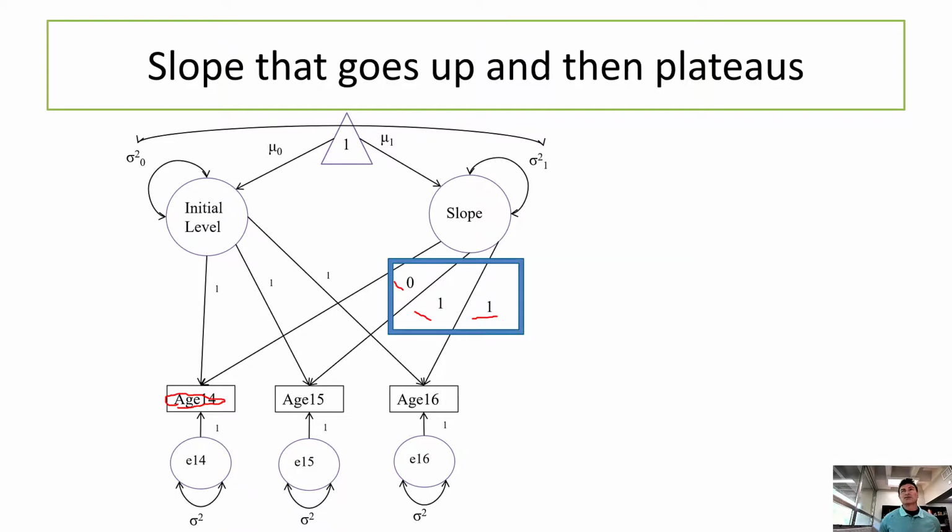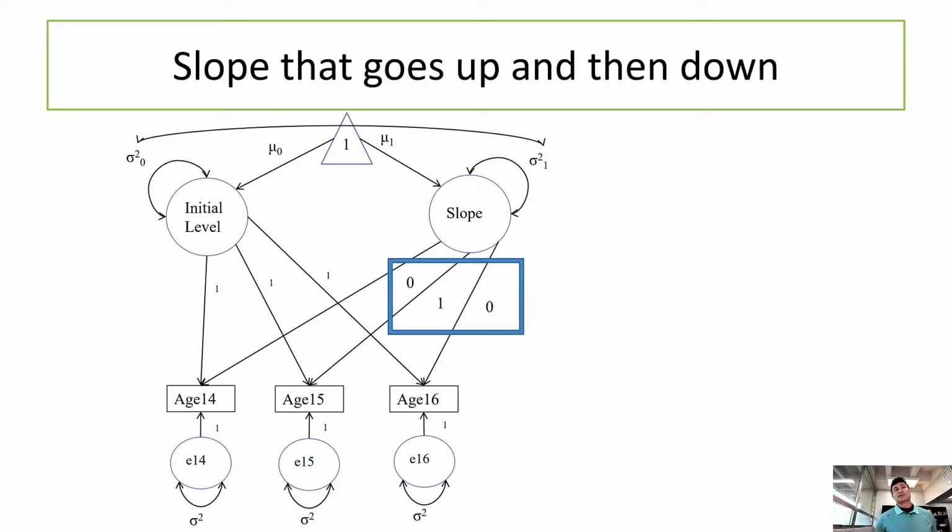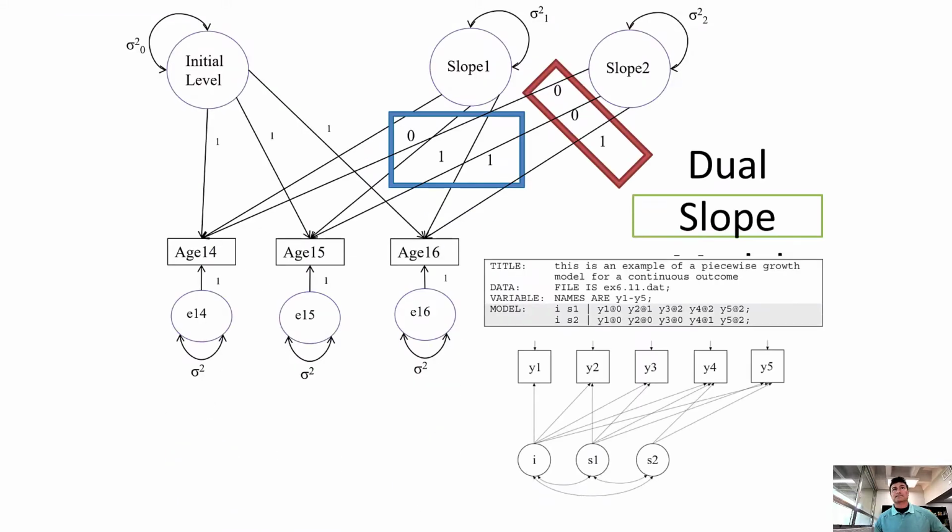Repeated measures ANOVA, straight line. Here, you've got a lot of variability. A slope that goes up and then goes down. I can't think of an example right now off the top of my head, but we could have things that have a change pattern like this, and this might be the best fitting model. This data here is something we did with some substance use grant. We were looking at dual slopes, things that change and then change differently.